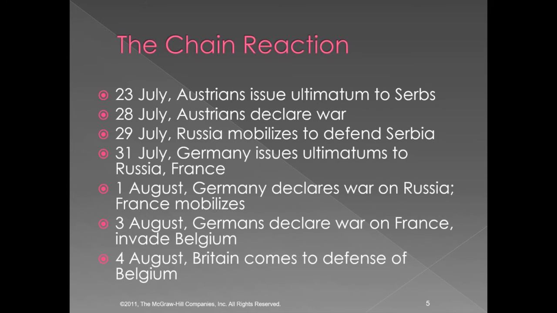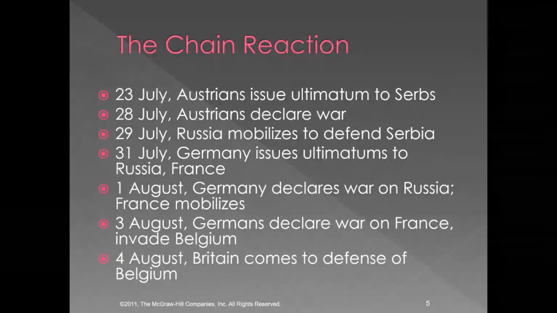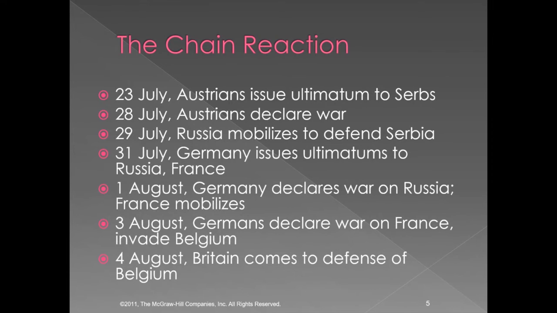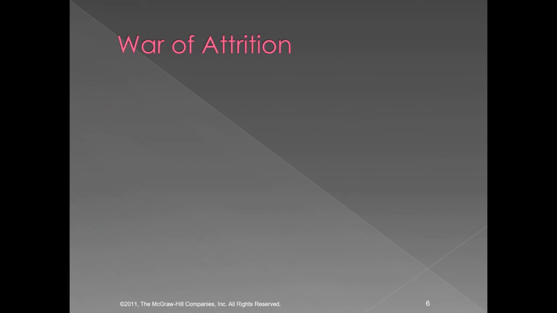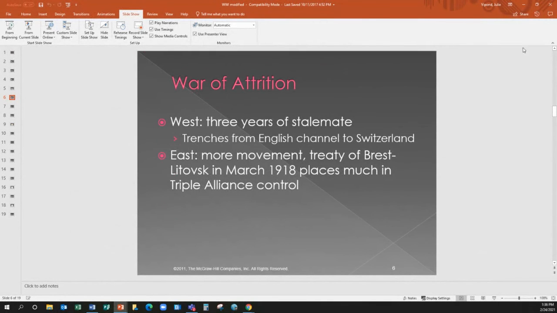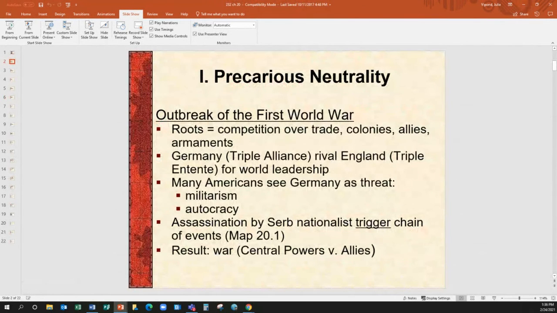Now, how does this become a world war? This looks like a European war to me, right? Every single one of these empires have colonies, territories throughout the world. If you're a colony and mother country goes to war, guess what? You're at war too. So that's how a European conflict, a European assassination, becomes a world problem. We're going to get to that. It becomes a war of attrition. But coming back here, I hate the way this one does that.